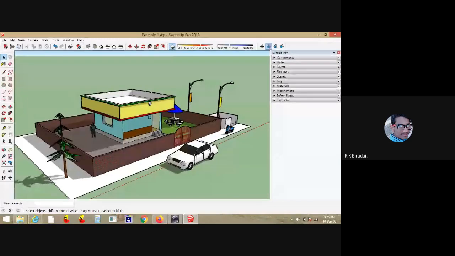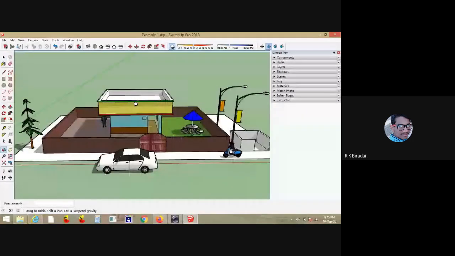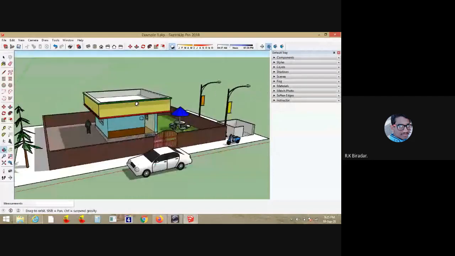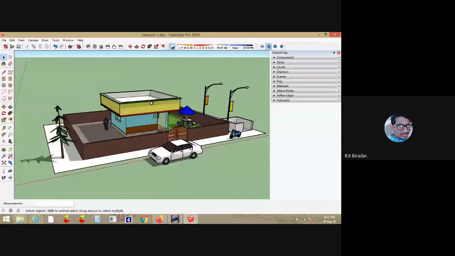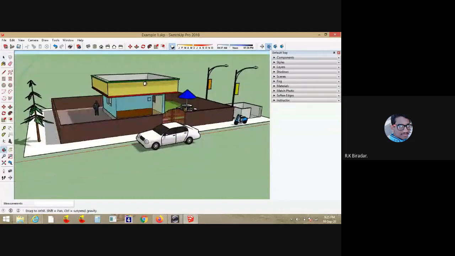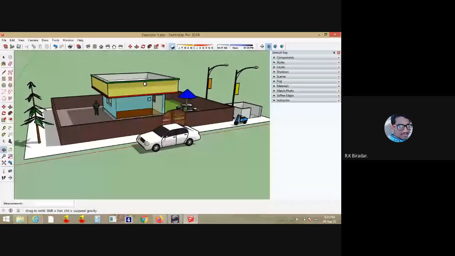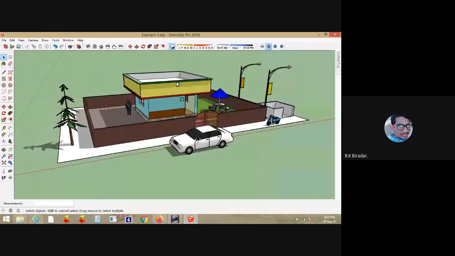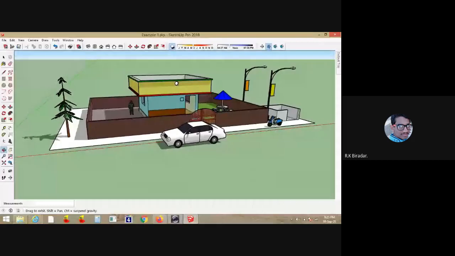This is how you can add beauty to the model. See here how it looks. It looks like a realistic building type. When you show such a three-dimensional model to the client, they'll get to know exactly how their model looks, meaning their plan comes true.